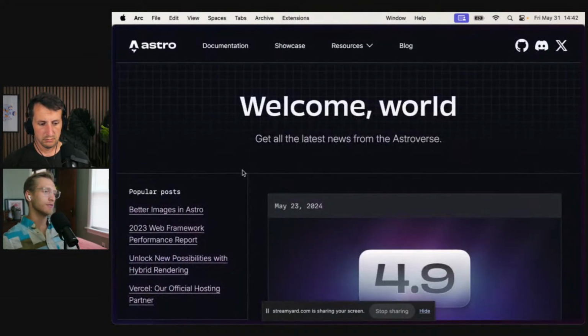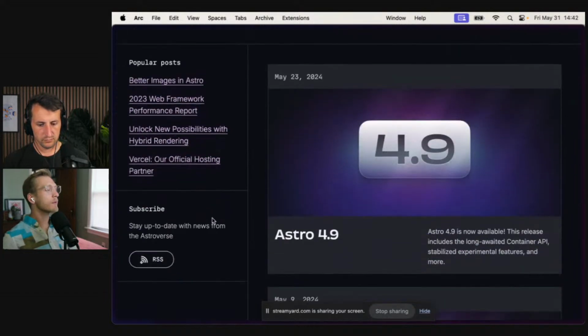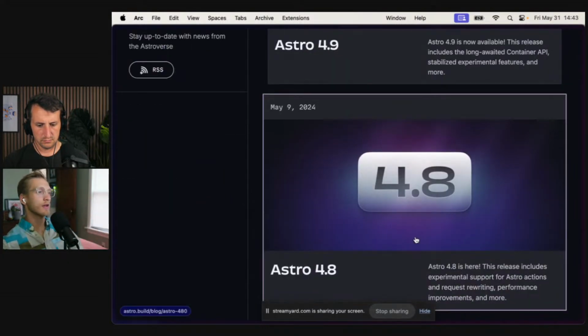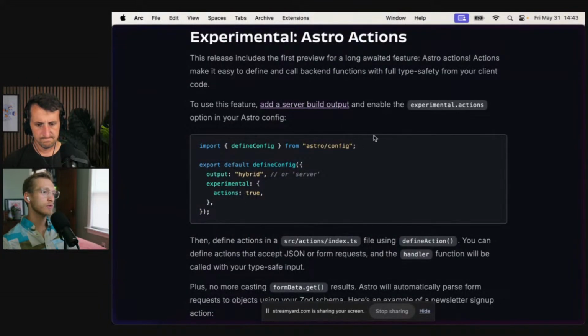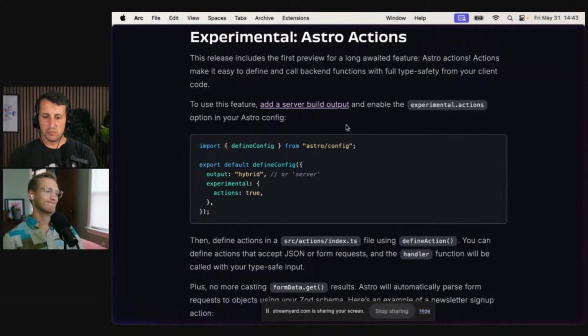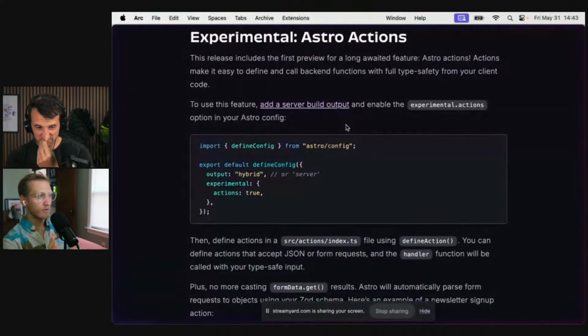Let's see. Blog. There's the release notes, yeah. I remember I was reading this morning, at 4.8, and it linked to the RFC rather than the actual docs. So to use this feature, add a server build output and enable the experimental actions option in your Astro config. By default, Astro sites are exclusively static.